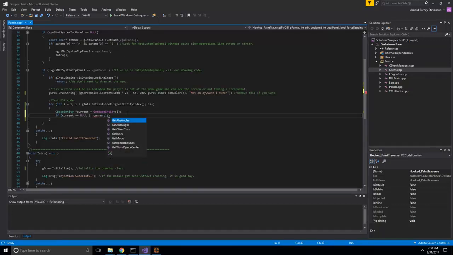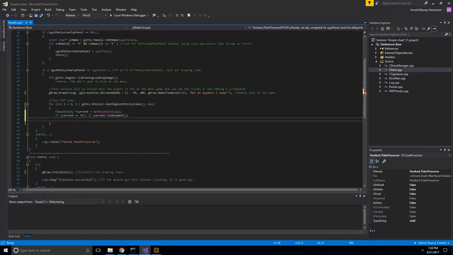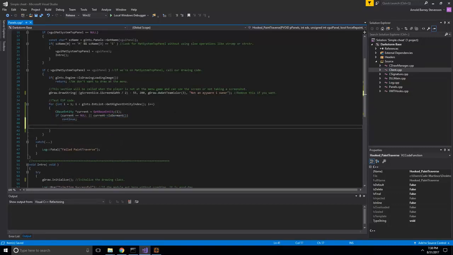Current dot is dormant, because we do not want to get dormant entities. And then we're going to do continue. So we're basically saying if we just got a blank, we got a dud, then just skip all the code below this and then continue to the next entity. So now that we have that, we can do,